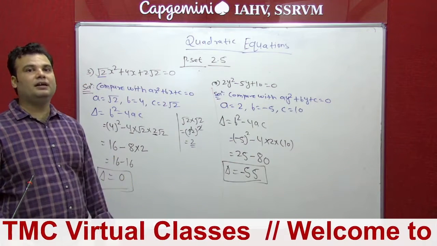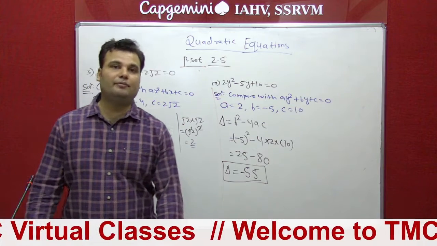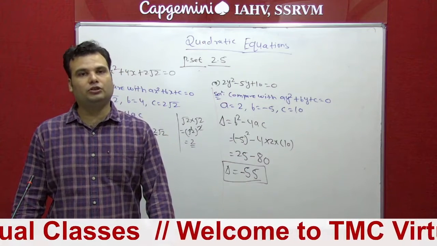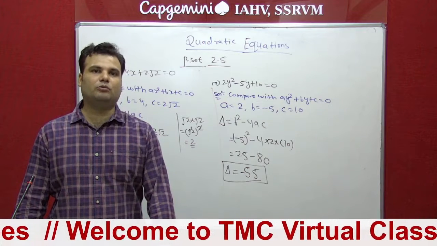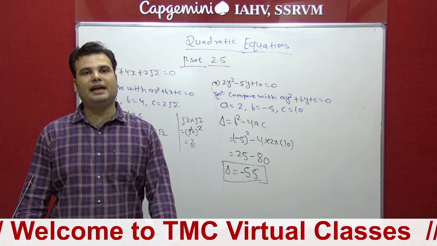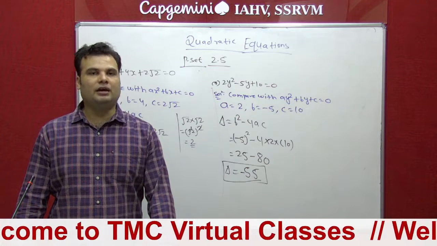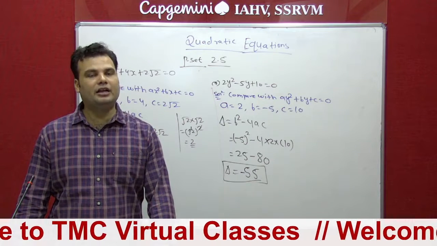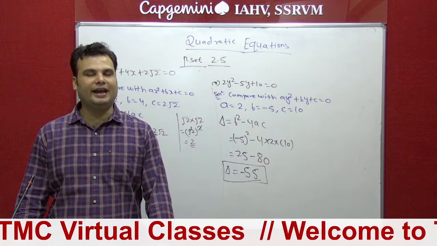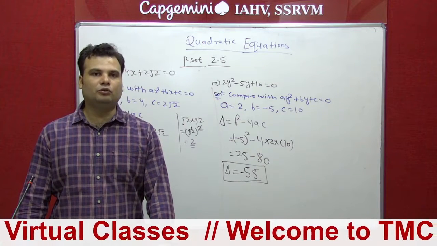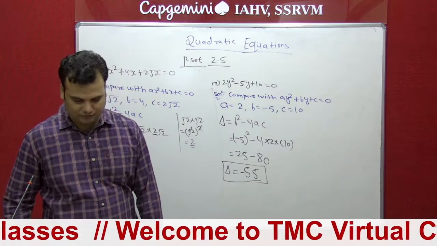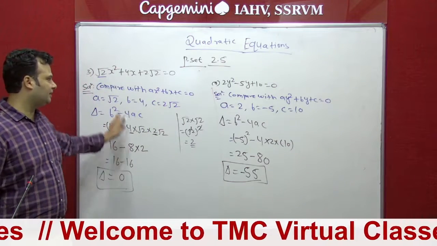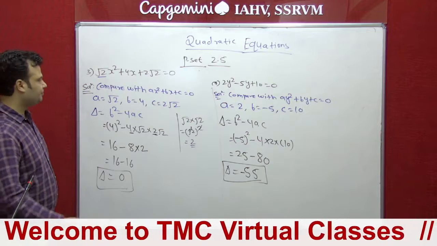But in this part the one additional thing is that we have to decide the nature of the roots. So again 3 conditions. If del is equal to 0, that time the nature of roots will be real and equal. If del is greater than 0, means positive, that time we can write real and unequal, and less than 0, means negative, that time we can write the roots are not real. So we have to follow 3 conditions in sum number 3, but the methods are the same. So let's start.